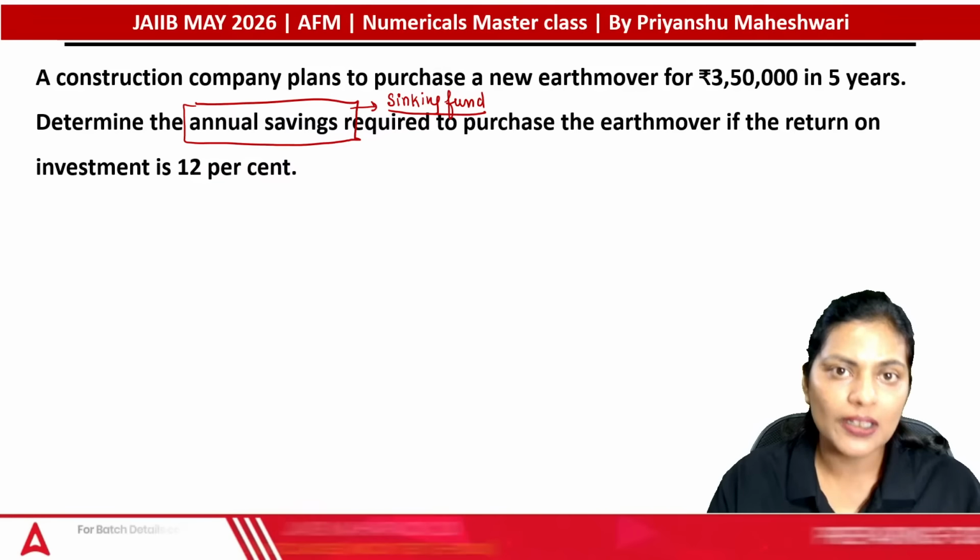You have to calculate the annual saving. Don't you think that's the annuity amount that you have to calculate so that you can have a particular future value, right? So same concept. Future value is equal to annuity amount into 1 plus r power n minus 1. Now I told you, if the question is silent, we will use the concept of ordinary annuity. So future value into r is equal to annuity amount